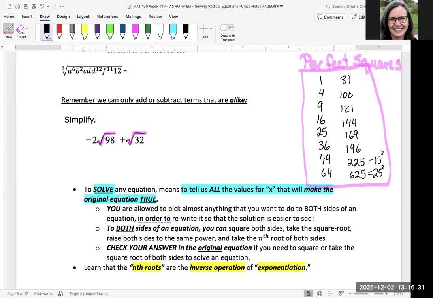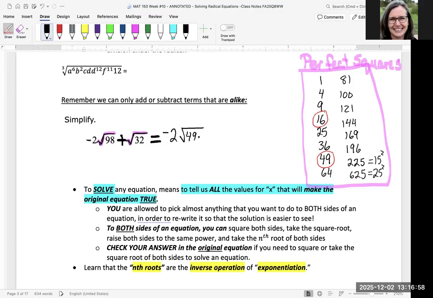And the answer is yes. 98 is the same thing as 49 times 2. 32 is the same thing as 16 times 2. So again, you have creative license to rewrite this expression of -2 times the square root of 98 plus the square root of 32 as -2